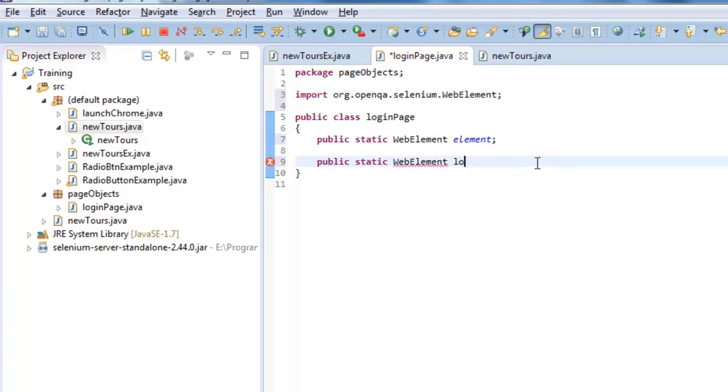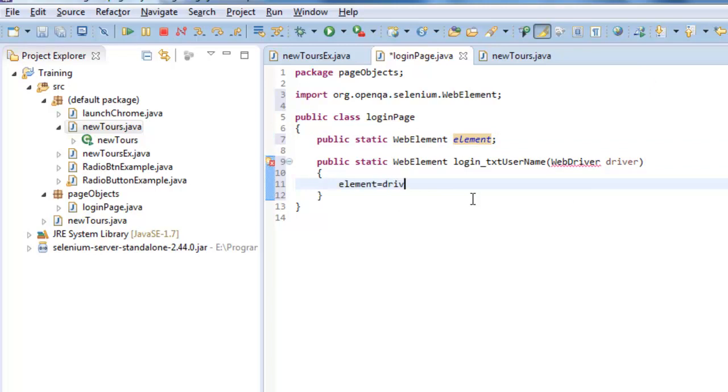After that I will say login underscore txt username, which will accept our web driver, whatever driver we are working on. We should basically return an element. Let me initialize this.